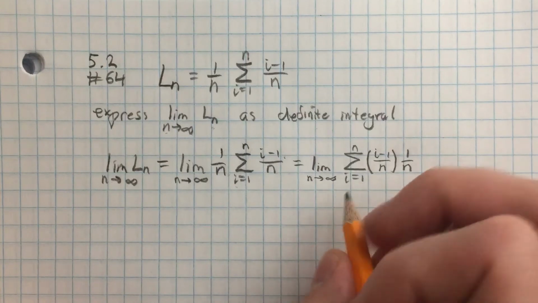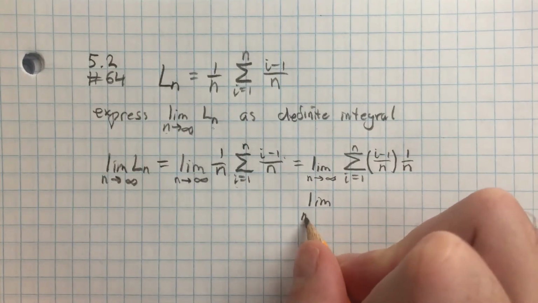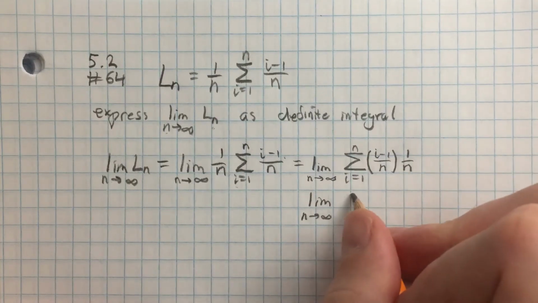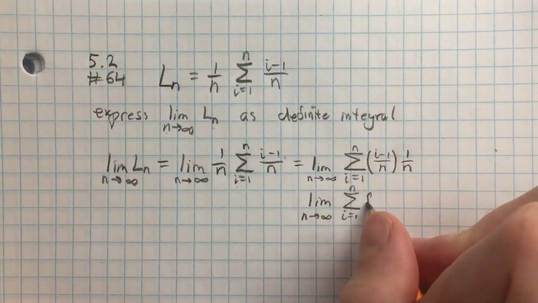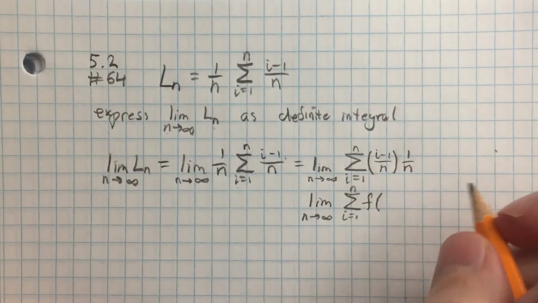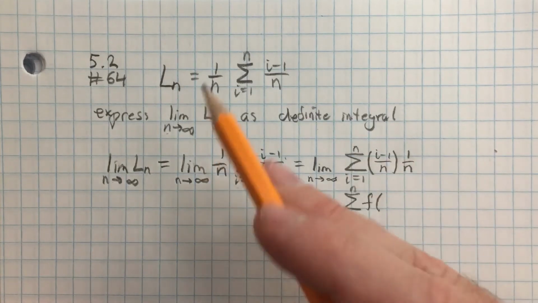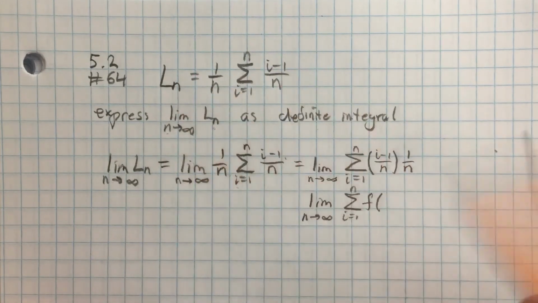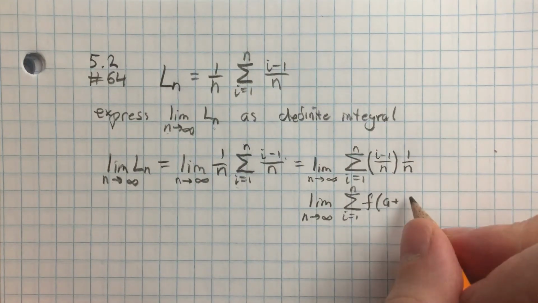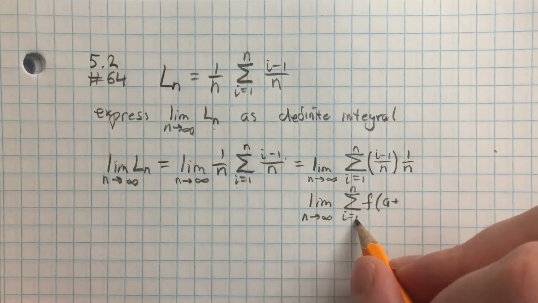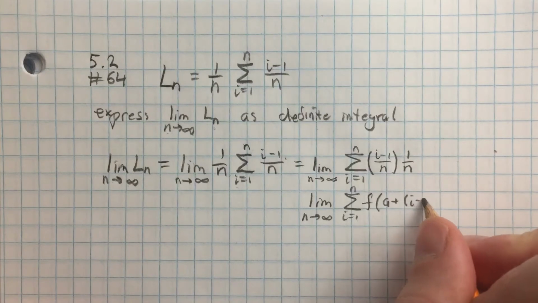The definition of the integral is a limit as n approaches infinity of the Riemann sum, i equals 1 to n, f of some kind of sample value in here, but we know it's a left endpoint. They said it's the left endpoint. So therefore the sampling should be a plus, now I cannot write i delta x because i is starting at 1. This is a little confusing, but try to follow here. I've got to write i minus 1